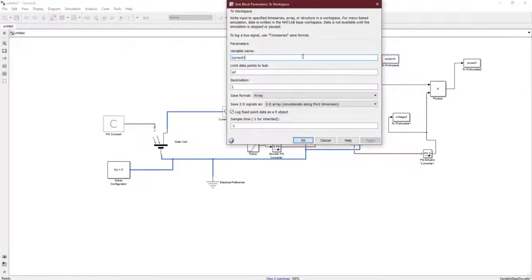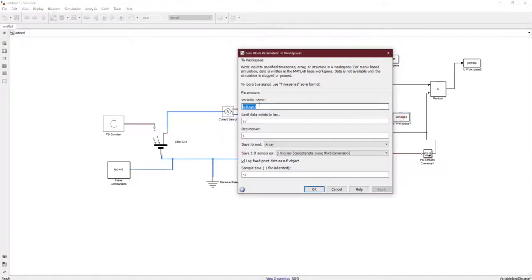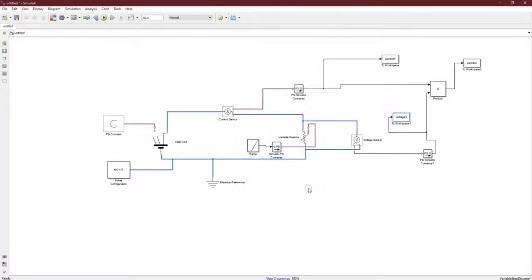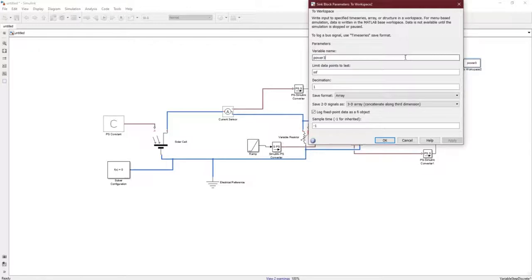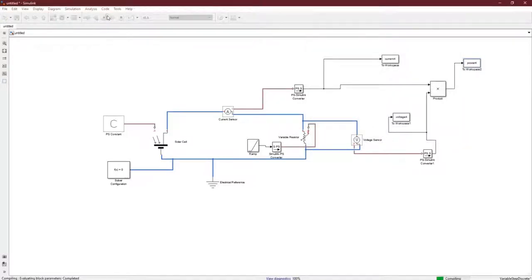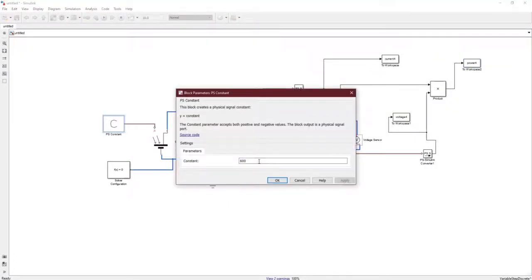Okay, for each irradiance, or each variation in watt per meter square, we are giving a different variable for the voltage and a different variable for the power. Run. Last one, 500. Okay,